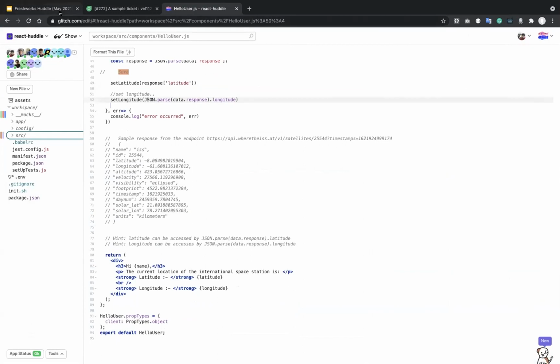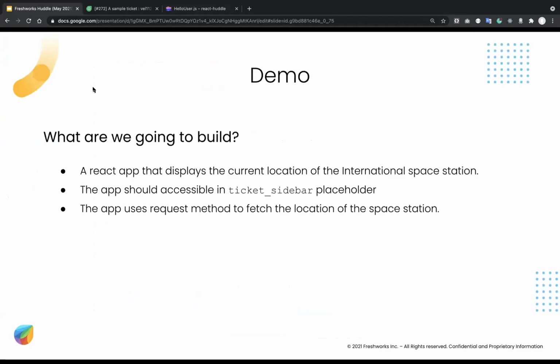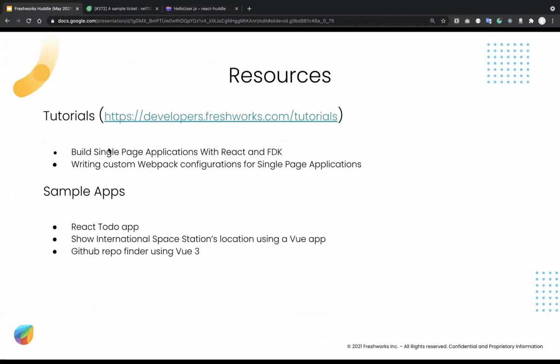Now going back to the slides. We've already seen these things. So now we have a couple of tutorials and sample apps for you to get started with. But if you are an advanced user and you wish to write a sample app or tutorial on how to do something with the front-end framework in the context of the Redshift platform, feel free to write to us in the forum or contact one of the developers and DevRels. We will work together to get that content out to the larger audience and share it with the community.